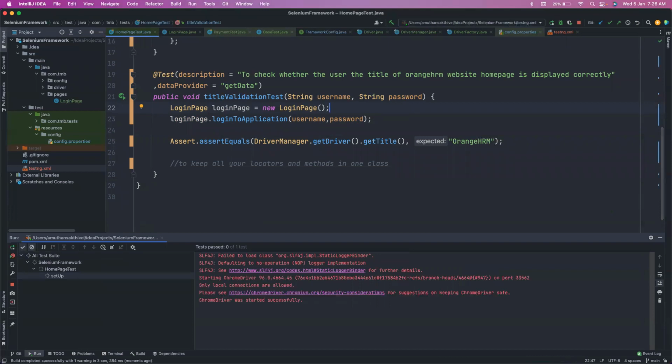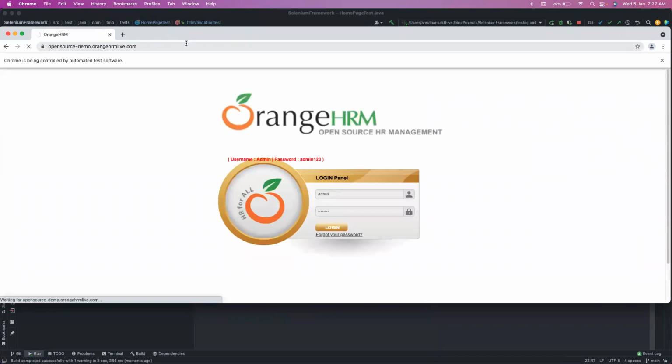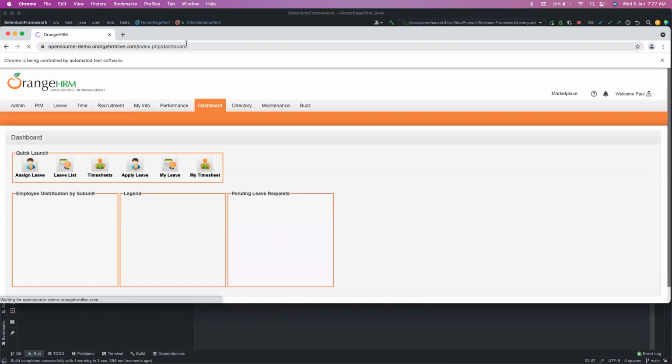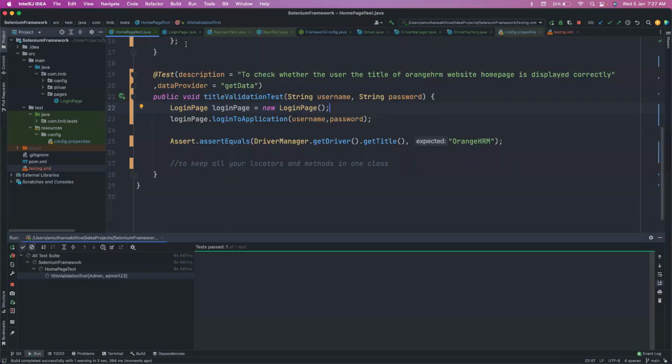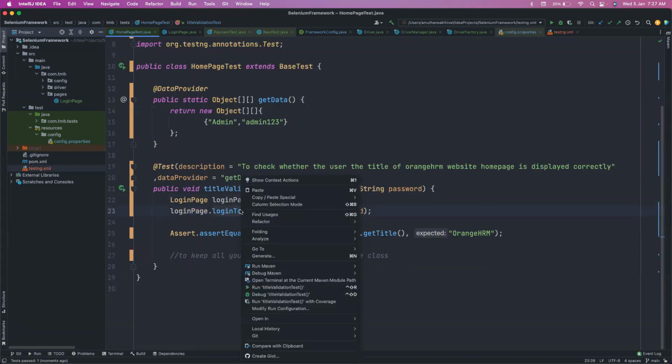So Amuthan, if I want to see where this username and password is coming from, I will just click on that login to application, and then it will redirect me to that wrapper method. This way we can check where this value is coming from. See, if you notice, if you press Control and click, or you can right click and then